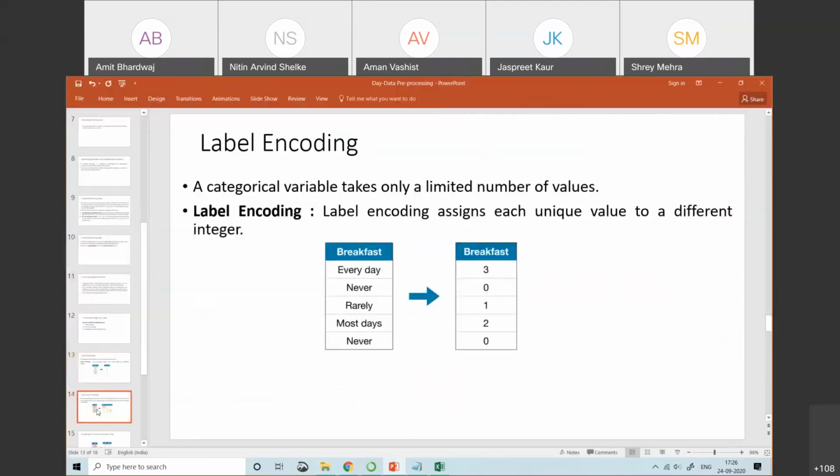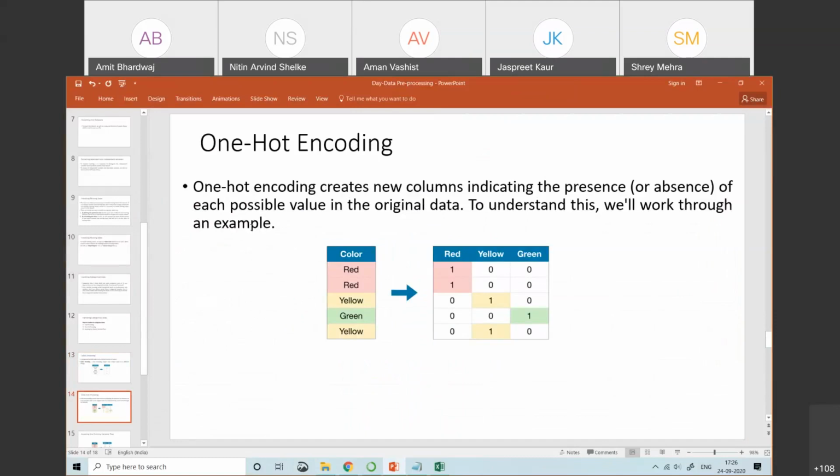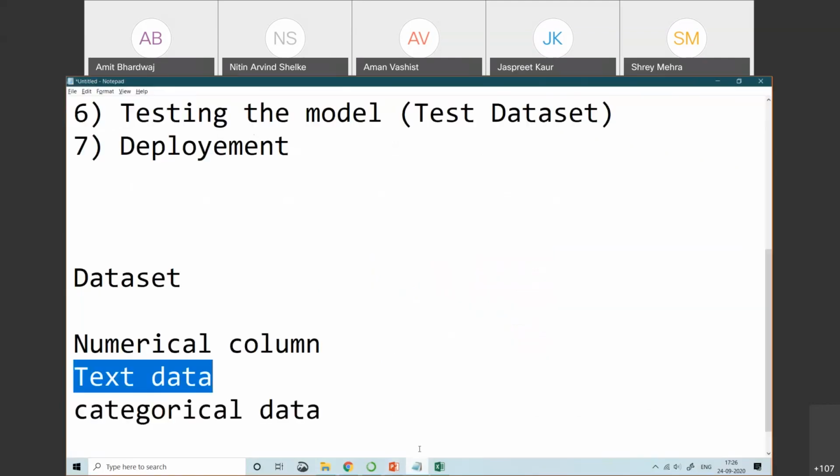For that problem we need to use one hot encoding. Now, one hot encoding means what? One hot encoding creates new columns indicating the presence or the absence of each possible value in the original data. So now let me just open it.